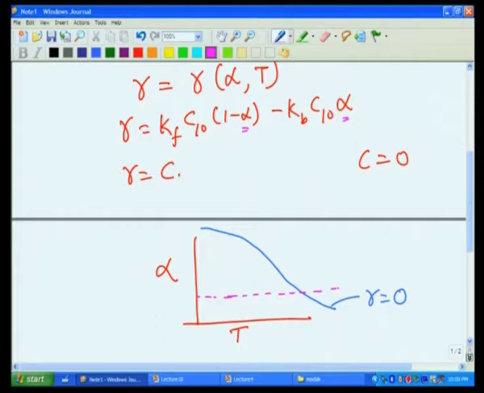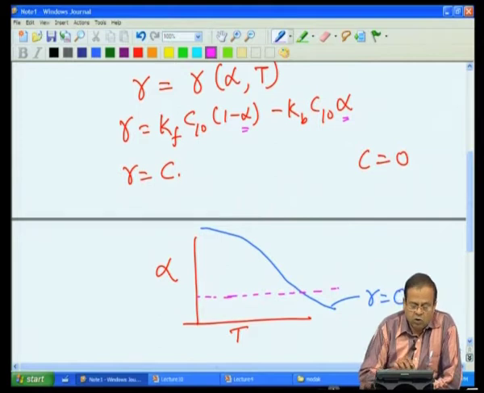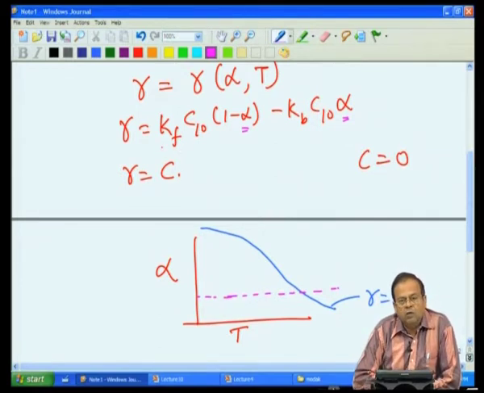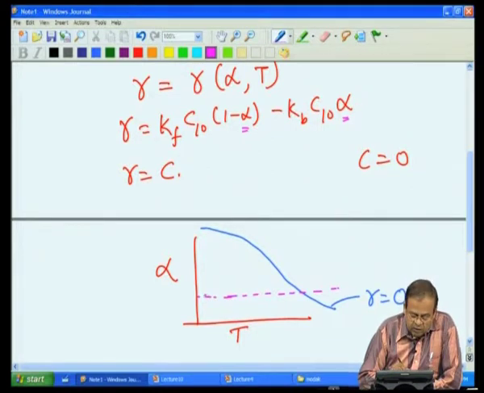Now, we know that at low temperatures, at the start of the reaction, let us say we have chosen an alpha value which is small. So, let us say we are somewhere in the beginning phase of the reaction, and if temperature is low and the reaction has just started, the rate constant Kf will have a small value. The contribution due to the second term over here will be small because we are just at the beginning. So, there is not much E2 in the system. So, let us say that we have some point over here for which my rate has a value C1, a low value.